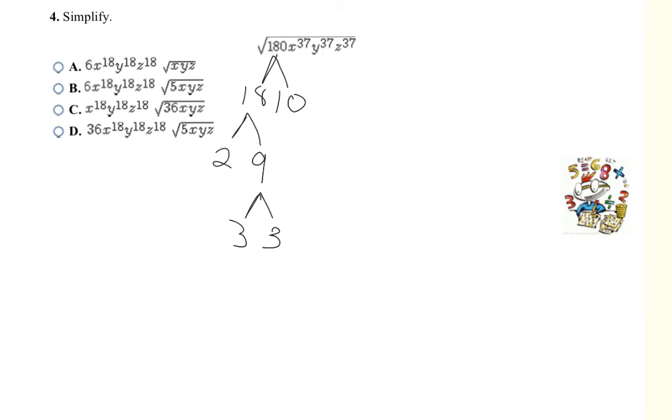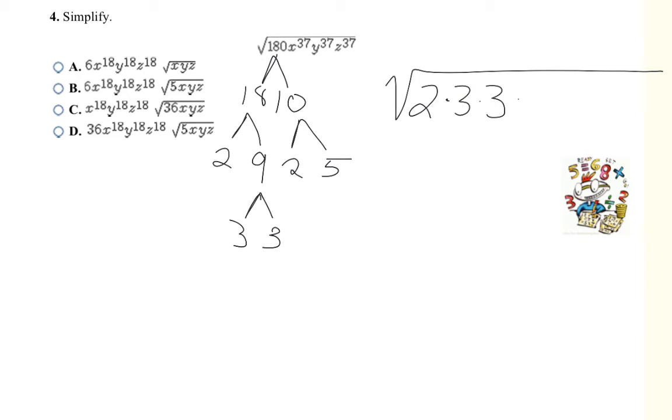Now 10, that's going to be 2 times 5, and those are all of my prime numbers. So that means that 180 can be rewritten as 2 times 3 times 3 times 2 times 5,